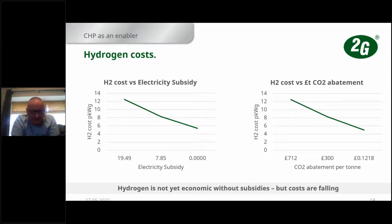But hopefully later this year, BEIS are going to be doing the announcements, probably on CFDs, contracts for difference, for hydrogen generation from electrolysis. So everyone's looking at what that will do to the cost of hydrogen, with a subsidy being applied to it. Everyone's expecting that the cost of that generated hydrogen will start falling over the next couple of years. It says CO2 abatement tons there, because when I wrote this presentation 2 years ago, no one was really certain about how the renewable incentives would get placed on it, and we knew at the time that the Dutch government were placing huge subsidies on their carbon abatement from electrolysis,